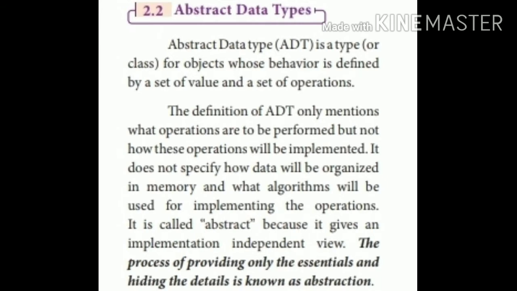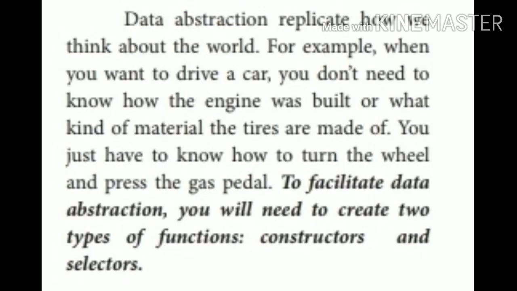It is a process of providing only the essential things and hiding the details, which is called abstraction. Abstract data type means what operations are to be performed, but not how these operations will be implemented. This is named as abstract data type. This concept is implemented in list, that is, singly linked list and doubly linked list, and also in stack and queue ADT,